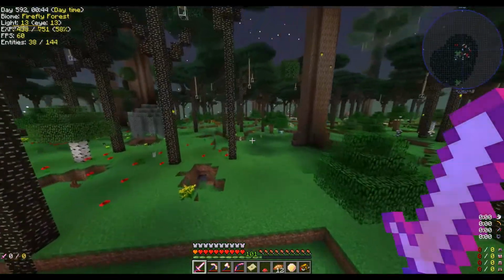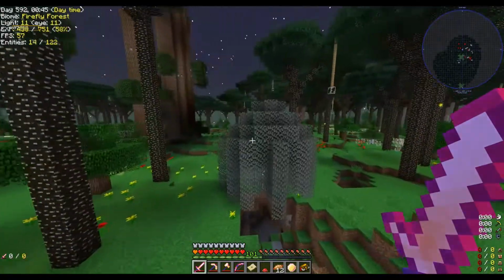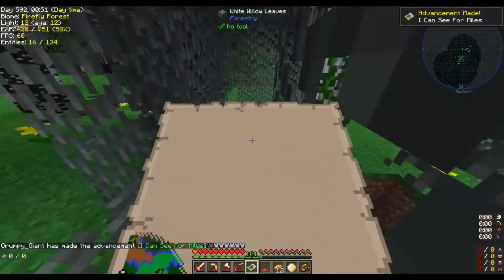Anyway, so what we need to do, we need to kind of roam around. We need to find the Naga pin, which I guess what we could do is look at...